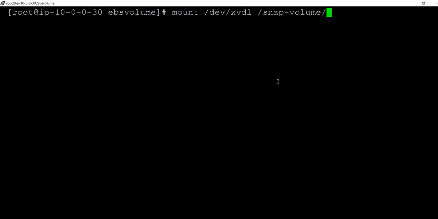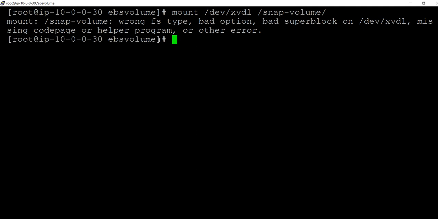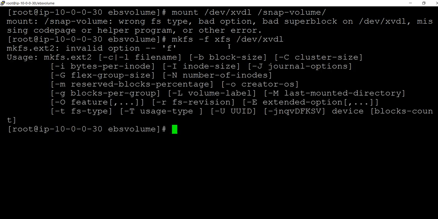Snap volume. Mount snap volume: wrong file system type, bad option, bad superblock on /dev/xvdl, missing codepage or helper program, or other error. Okay, or else we'll make the file system again and overwrite it with the -f option, mkfs.xfs with /dev/xvdl.